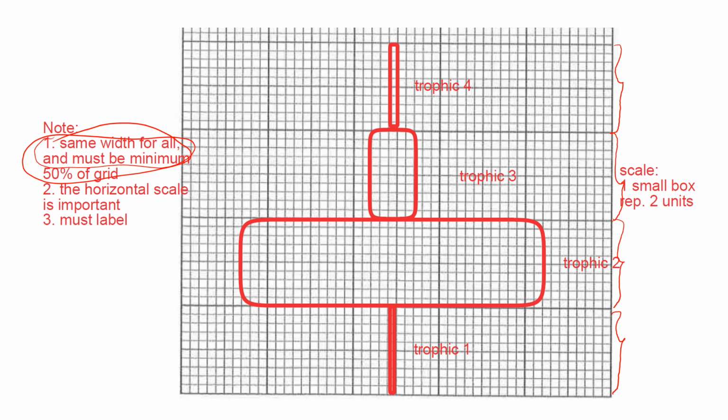In this case, I use a scale of 1 small box to represent 2 units. So in trophic level 2, you have 74. Trophic level 3, you have 10. And trophic level 4, you have 2. Trophic level 1 is given to you and there is only one organism. So to accommodate trophic level 2, you can use 1 small box to represent 2 units. And so they are altogether